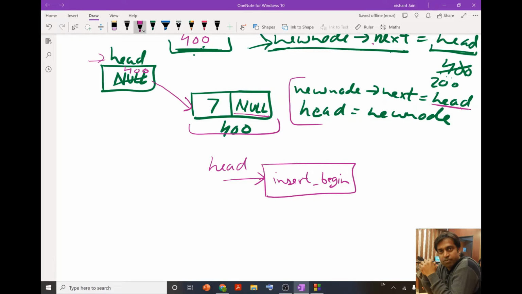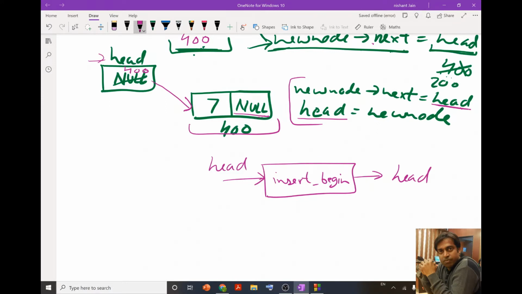So this will be my argument, and what output will I get? Since I am updating the value of head, I should return the updated value of the head.